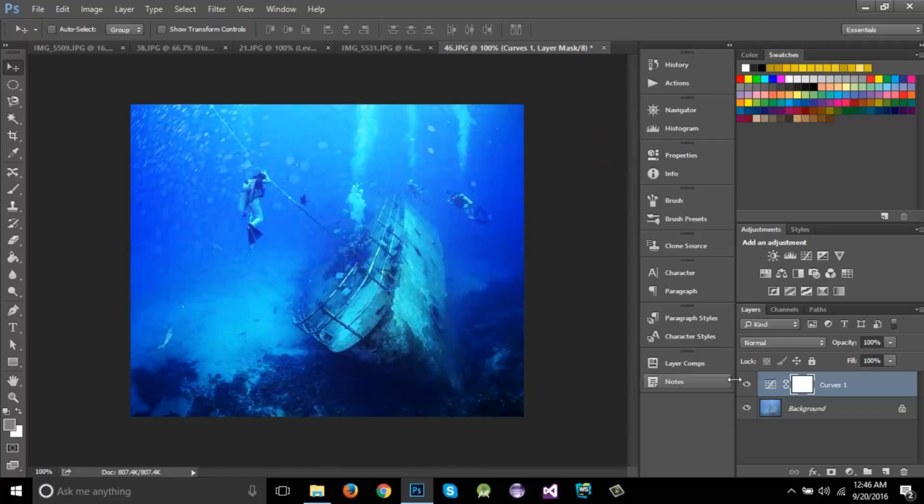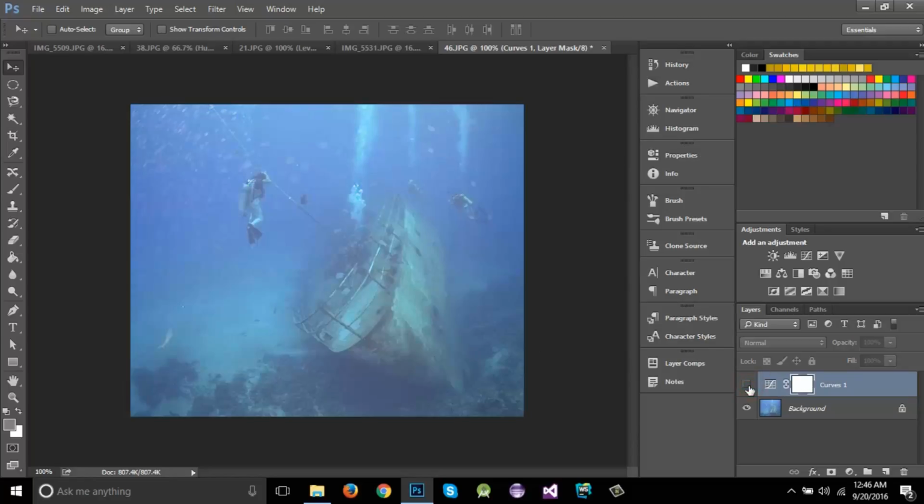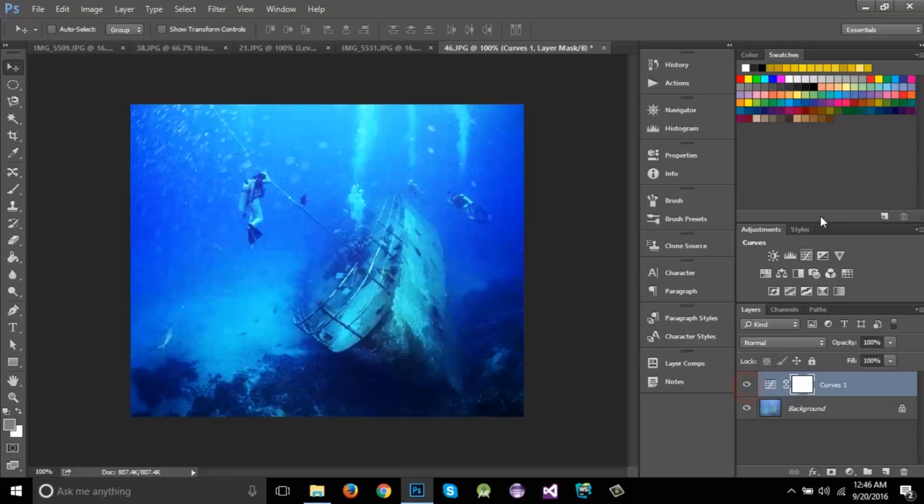Close it. Now let's compare this image with the previous one. So guys, the result is in front of you. You can see how powerful this curves tool is. You can see that everything is now visible. If you have captured an image that is blurred, you can just change that image